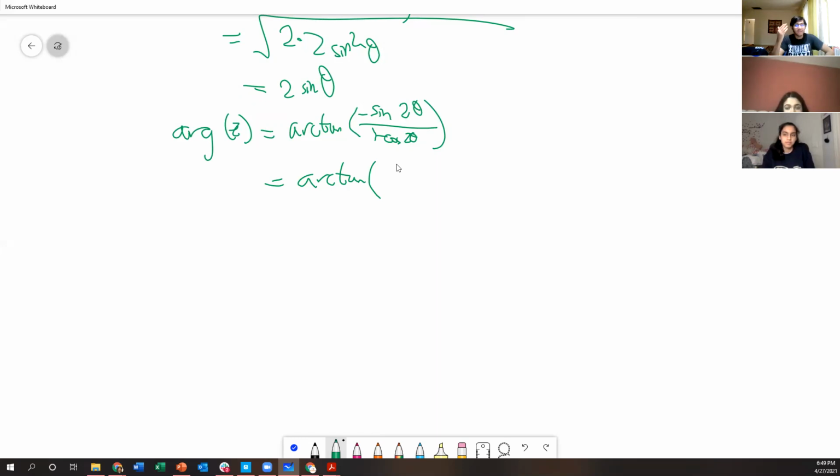And if you know the sum and difference identity for sine, you can easily derive that because it's sine A cos B plus cos A sine B. So this is just going to end up being 2 sine theta cos theta. And in the bottom, we have 1 minus cos 2 theta. Well, cos 2, we already figured out that,